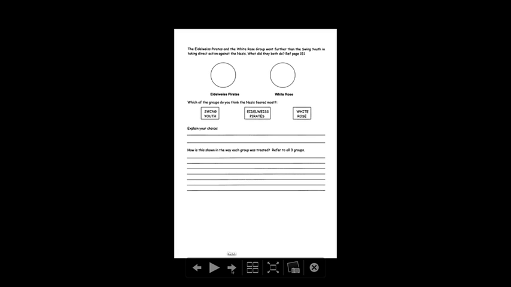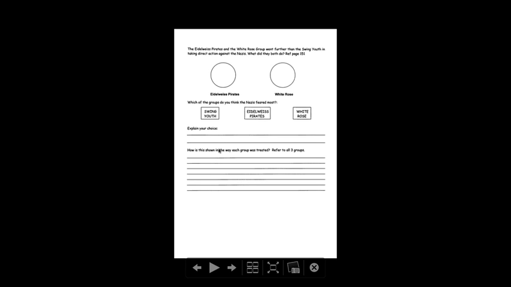The White Rose group are a group that used their brains to protest, with the printing press and the pamphlets, university and college graduates. The Edelweiss Pirates used force and were prepared to be a lot more disruptive. Which of the groups, therefore, would the Nazis fear the most? Choose one, explain your choice.